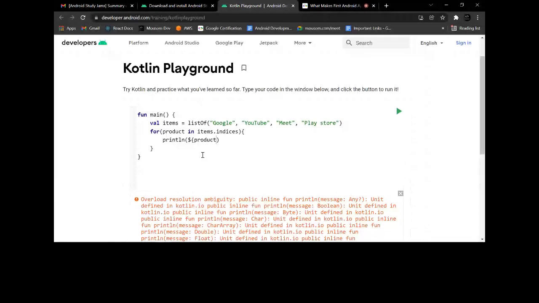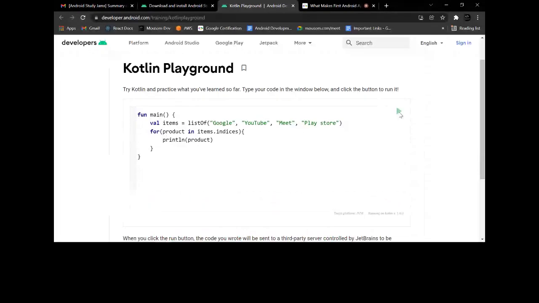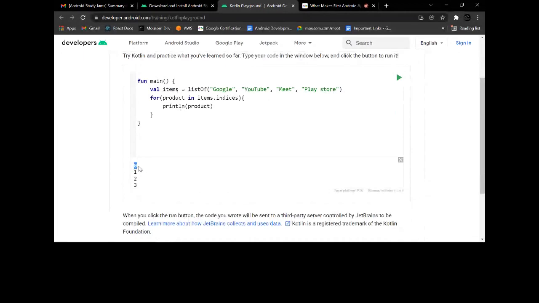Oh, sorry. I am not inside a string, so my bad. So you can see 0, 1, 2, 3. Previously the values, now we are printing only the indices, the index of this value.